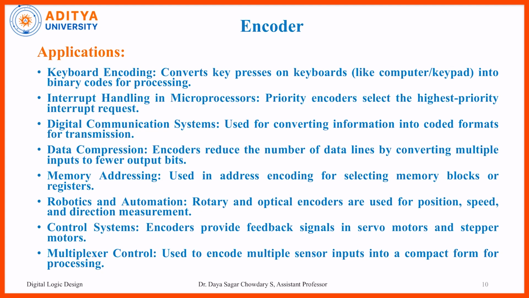We use hardware encoding, and this is the binary for processing. And interrupt handling in microprocessors: I already told you that with the priority encoder, most of the time we come out of that issue. Whenever there is a delay in a particular task, definitely we have to come out of that issue. And digital communication systems: most of the time we have to transfer the signal